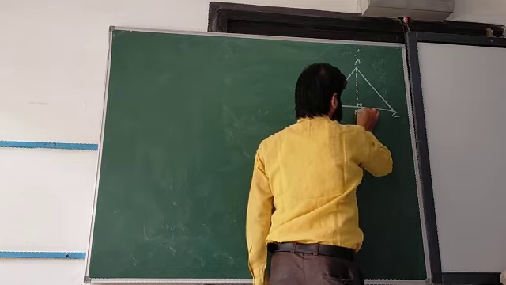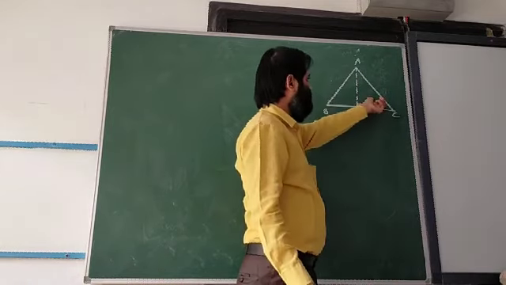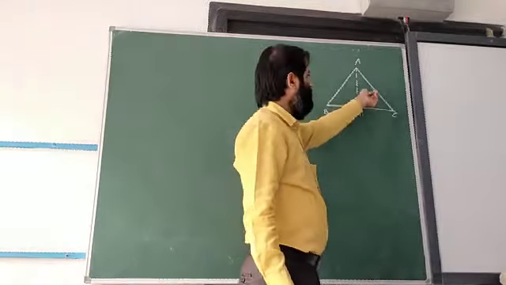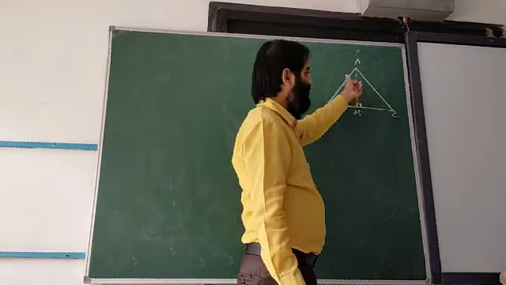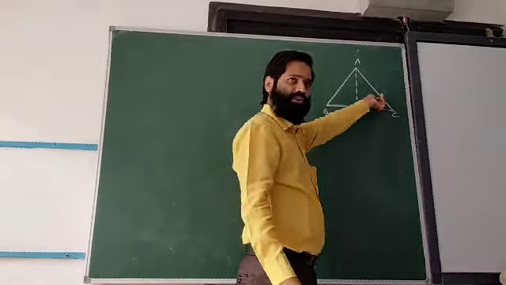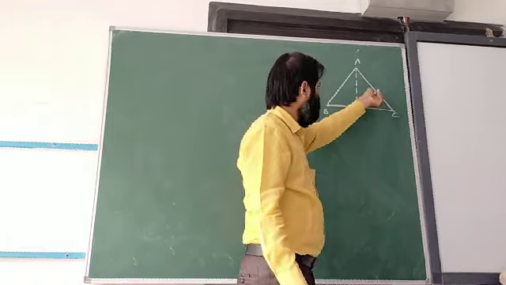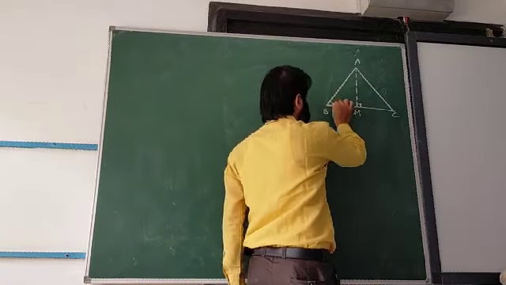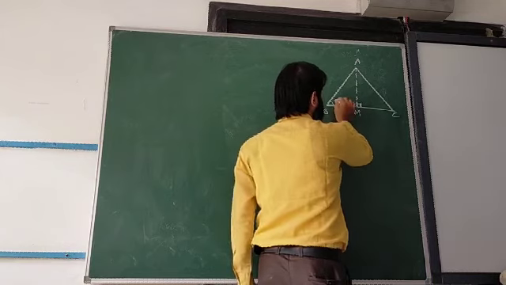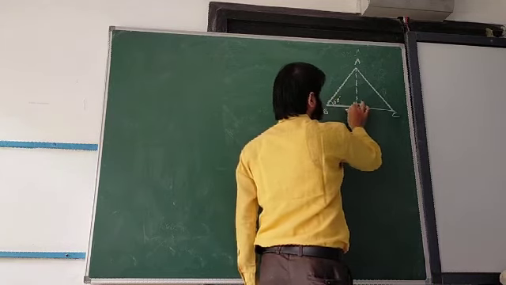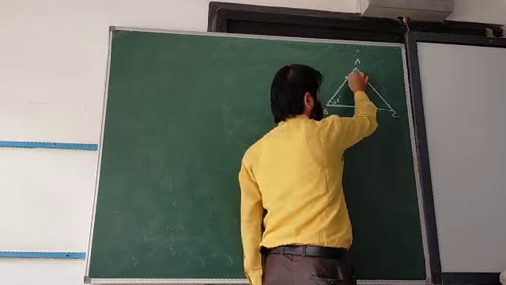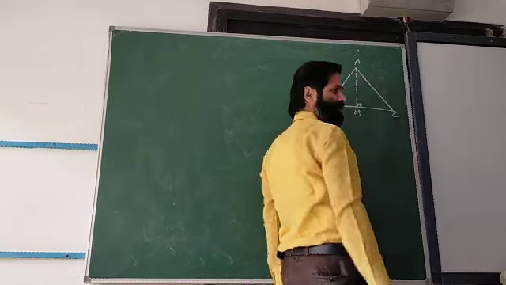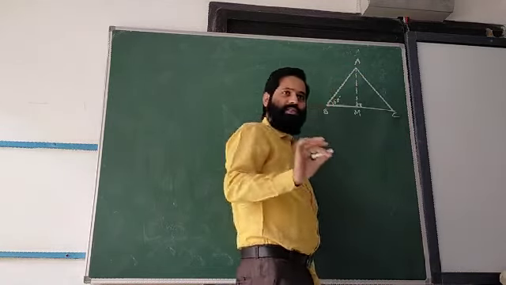Now let it be M. Now can I say that this is a right angle triangle? Yes, and this is also a right angle triangle. So I can apply trigonometry in this case and this case also. Now this is how much? 60 degree. This is how much? 90. So this will be 30. So we got 30 degree. Is it clear to everyone?